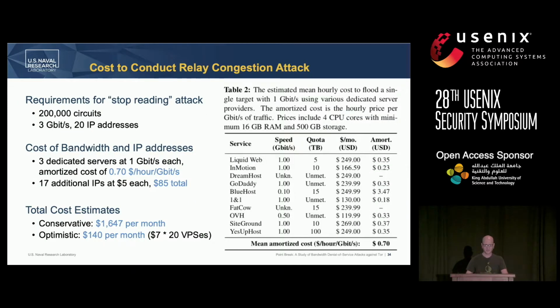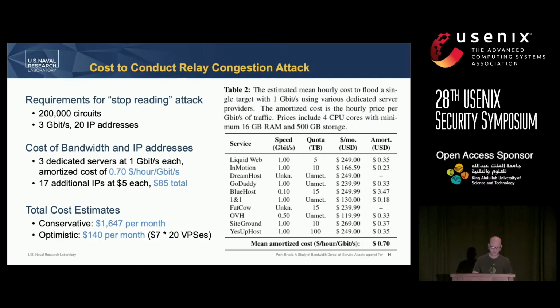Okay, so how much does this attack cost? The attack that we did in Shadow was, as I mentioned, on a 10% Tor network. So we extrapolated this up to a full Tor network by multiplying most of our requirements by 10. So for 200,000 circuits in the live Tor network, our attacker would consume roughly 3 gigabits per second of traffic and would require 20 IP addresses in order to not trigger Tor's denial of service mitigation system that I mentioned